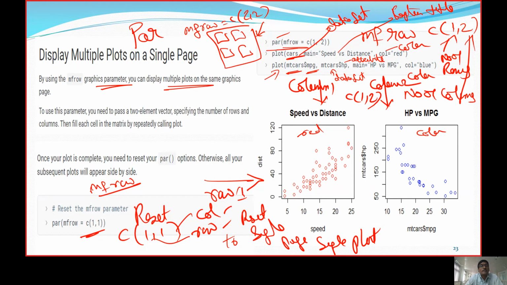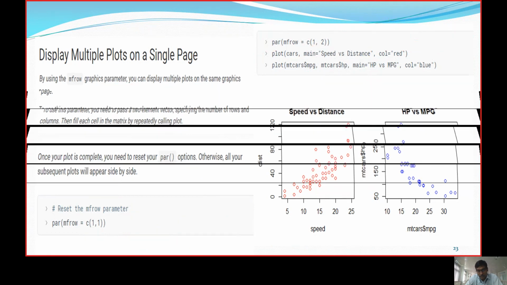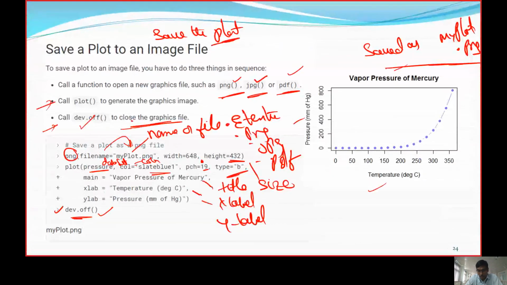We have to reset to our original values. Then only the rest of the plots will get a single page, single plot. If not, they will be stuck with the same mfrow setting. So for that, we use the par function, and there we initialize with a list, 1, 1. There 1 indicates 1 row and 1 column.